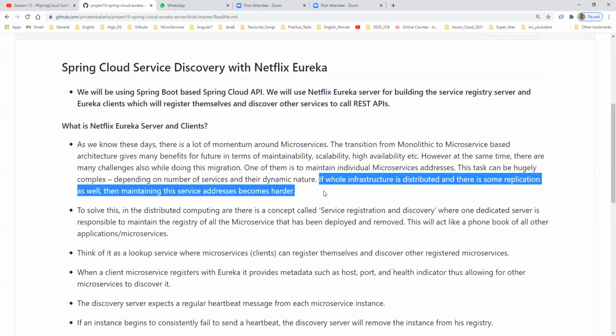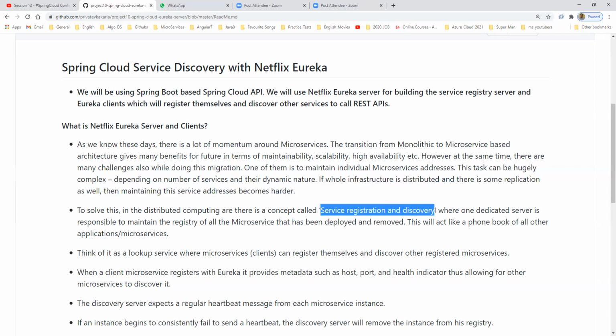So at that time, to resolve this issue, in distributed computing there is a concept called service registry, and service registration and discovery. If you have such a situation or use case, no worry.